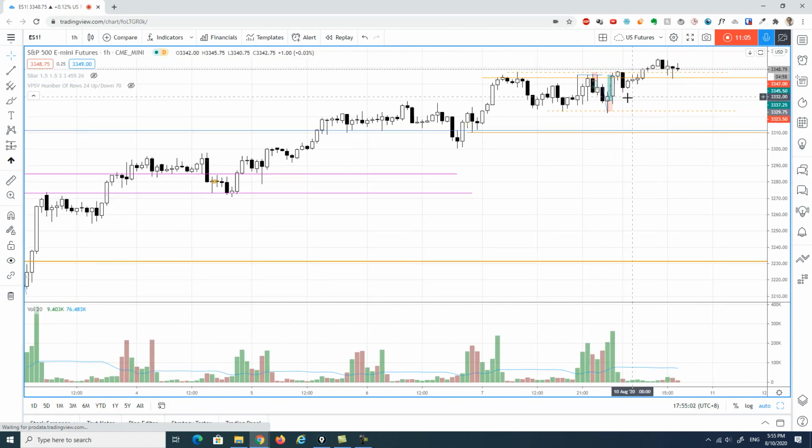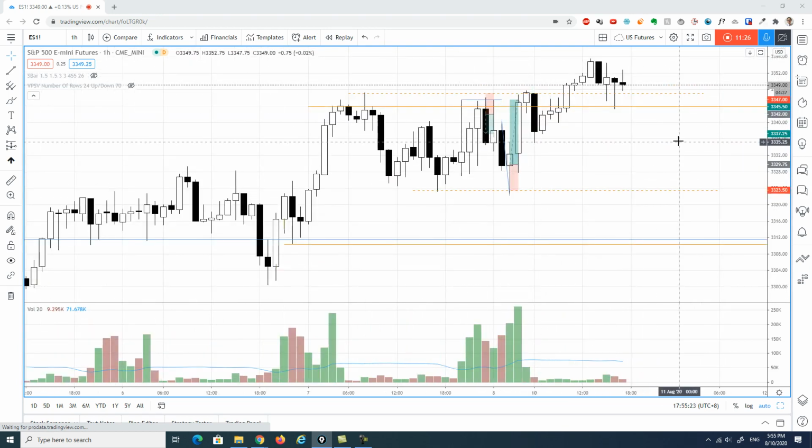So just right after this morning's Tokyo Open session, we have seen this kind of reaction, and it actually just tested the level where there was a demand forming last Friday. So let me zoom in a little bit here. If you recall, I talked about the demand coming in